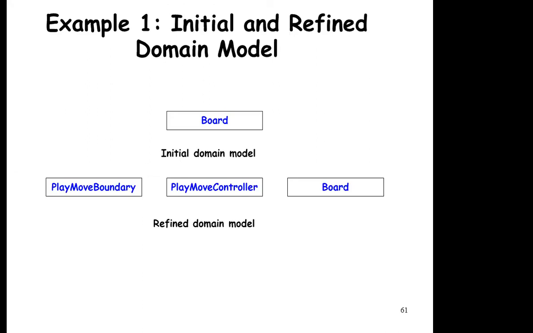This is done with the help of the play move controller. The move will come through the boundary and the play move controller will take care of whether the move is validated or not. Then start playing the game. Next.